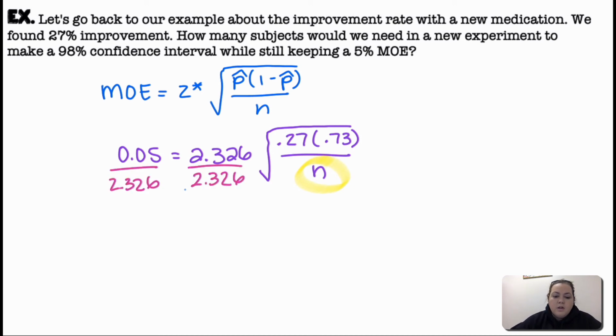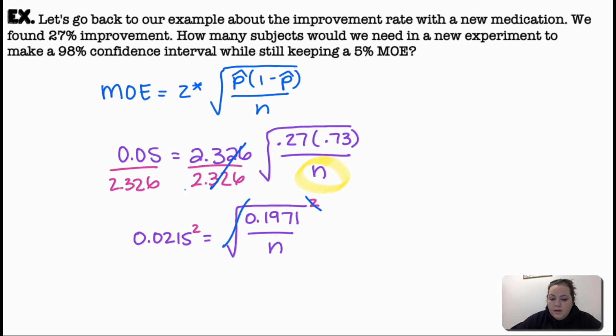So I'm going to first get rid of the 2.326 by dividing it on both sides. And I'm going to simplify. 0.27 times 0.73 gave me 0.1971. So I did that under the square root, and then I divided 0.05 by 2.326. Now I don't want the square root, so I'm going to square both sides. That'll cancel out the square root. When I square 0.0215, I get